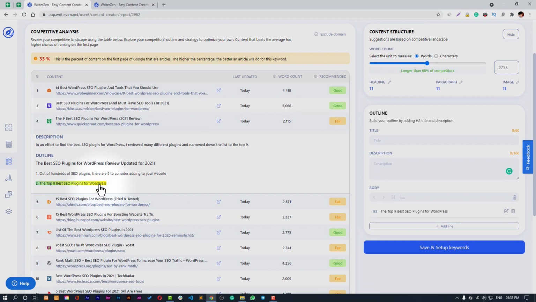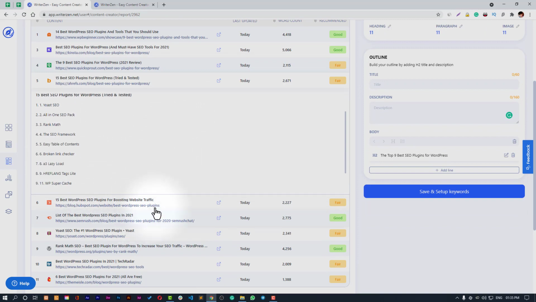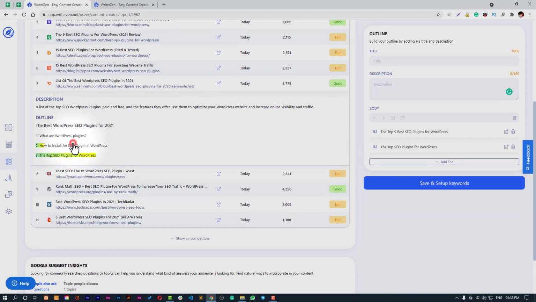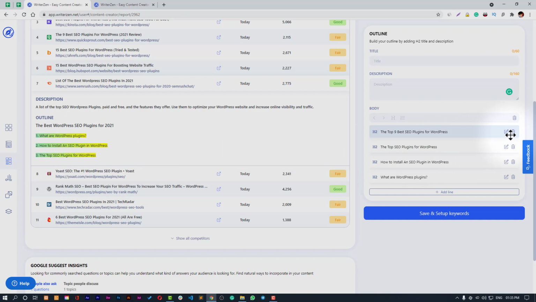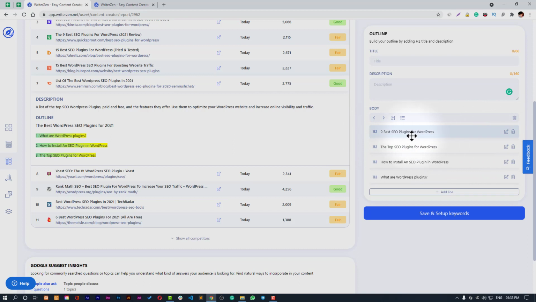So we can use the outline from our competitors. As you click on any outline, it will quickly jump to our outline wizard, you can say. And let me quickly go to any of these. You can edit these outlines. Just click on it, edit them like this, click on the button. You can also move them, drag them, change their order, right?